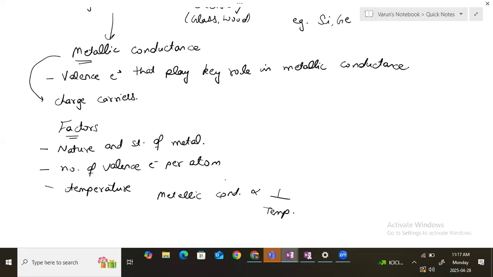Or you can understand it like this. Say there are 5 members in a house, just for example. They are free to move here and there. They have no work to do, that's why they can move accordingly. But if I increase their workload, if I say you have to do this work and this work, that means I'm increasing their temperature. Then what will they do? They will speed up